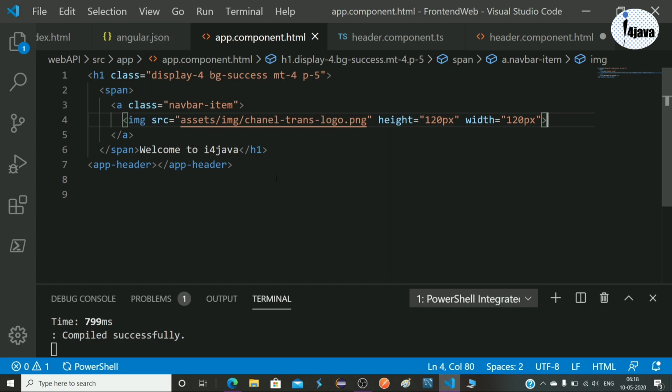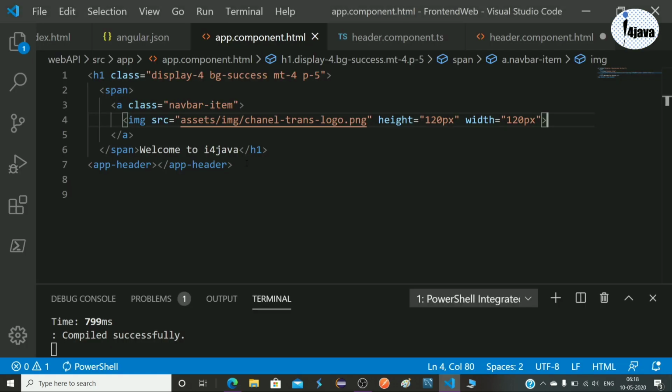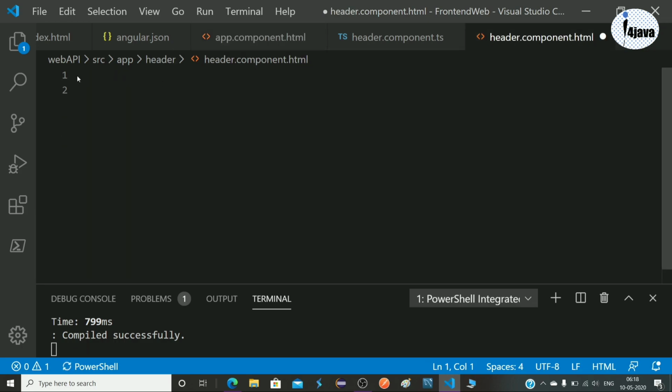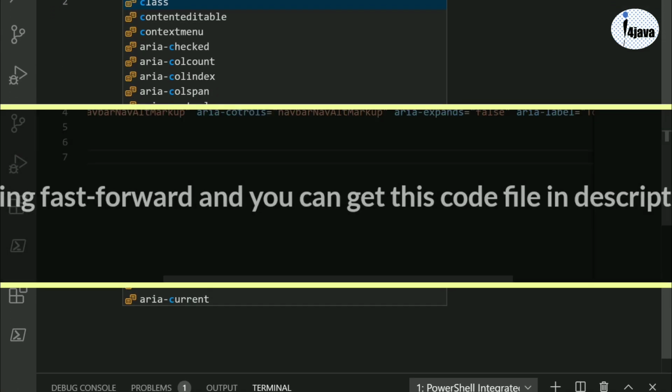So our next step is we have to create one navigation bar which will be presented here in the header section. From there we can save users, see all users and find users, these operations we can perform. Let's go to our header dot component, and here I am going to create one navigation bar. I am using a Bootstrap class.